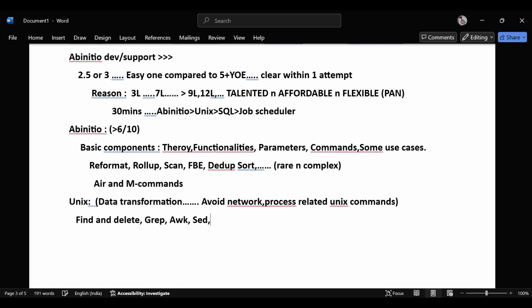and then awk, and then sed, and then head and tail. I think you know this one already. So focus on these areas. These areas normally operate on your data transformation part. Whatever command you find that operates on the data transformation,